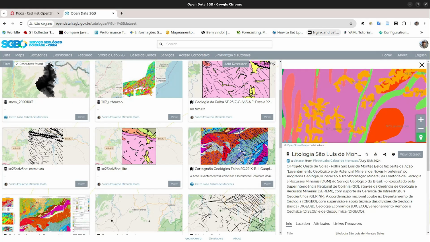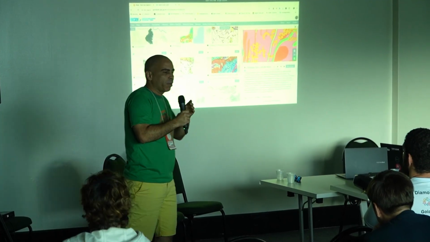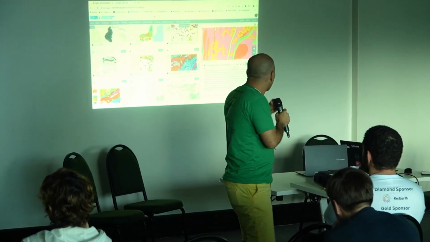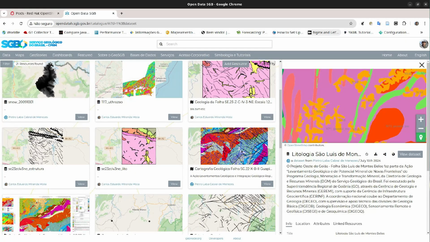Geological data. Let's discuss it. Some caveats. This is our main problem to represent geological data, because for some symbology that we apply to this type of data, the SLD format doesn't fit very well. But we plan to use it as is, and we can share the style files.